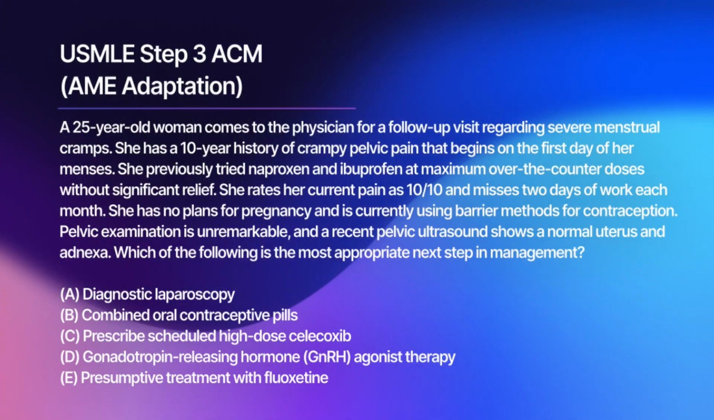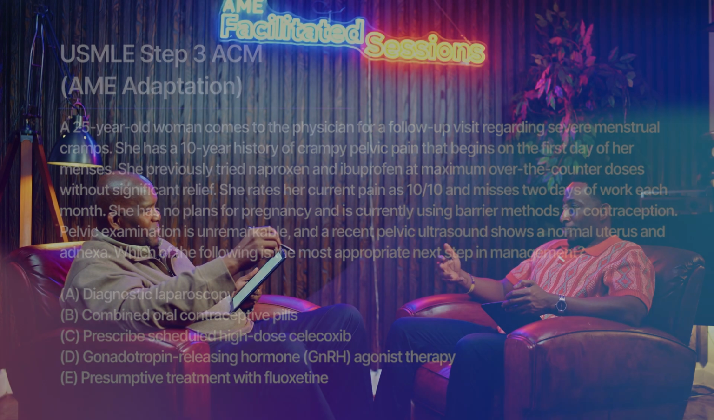Okay, so that's impeached. Let's go to D. We're going to impeach that one. D is gonadotropin releasing hormone agonist therapy, so GnRH. So this is going to that hypothalamic pituitary axis domain. Wrong mechanism, right? That's not the mechanism that's causing this